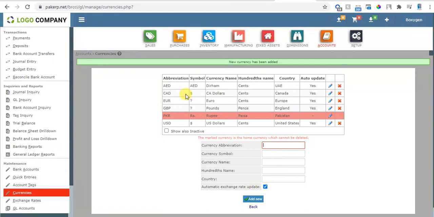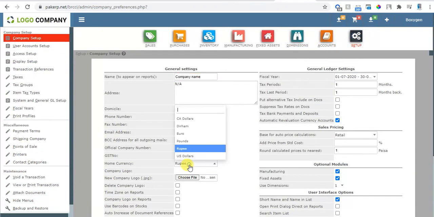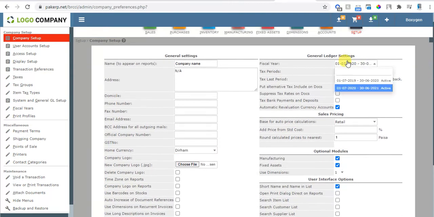Now you added the AED and then you go here again in the company setup and you will select the base currency here, dirham.